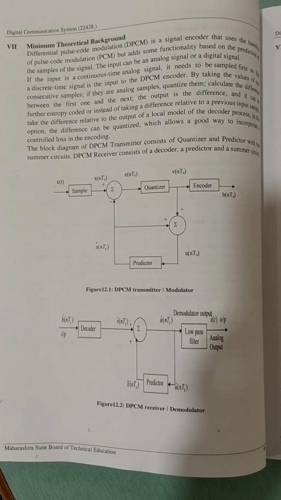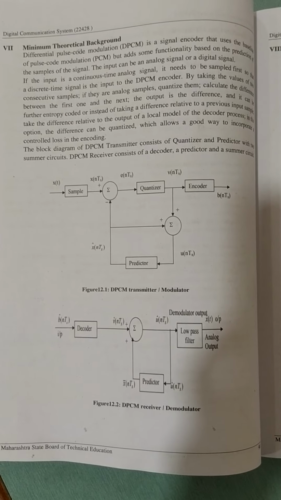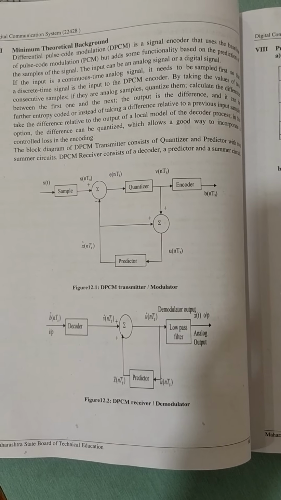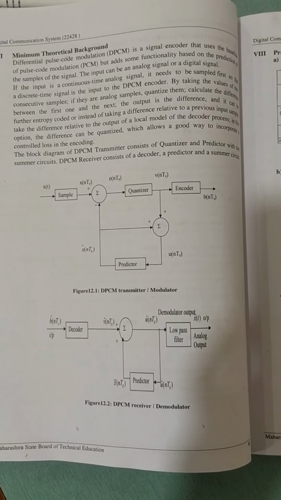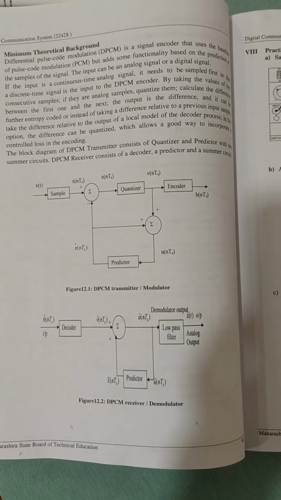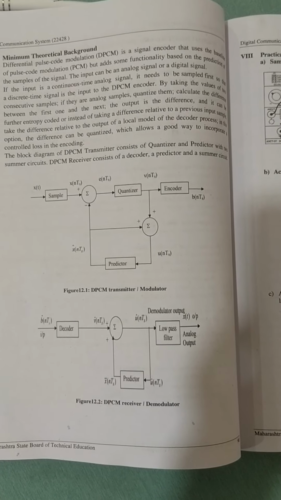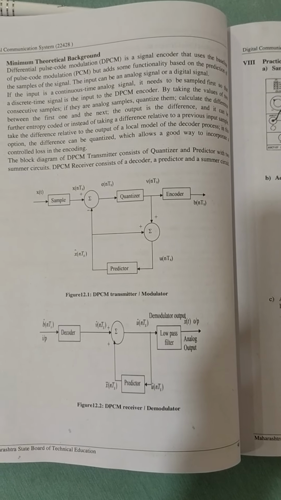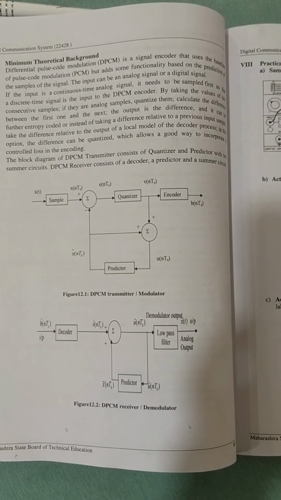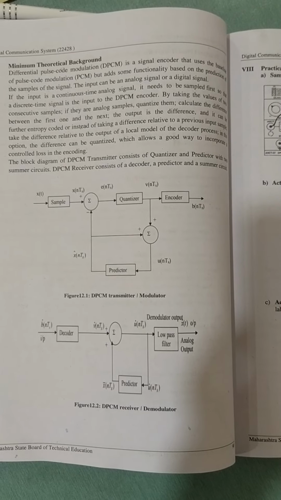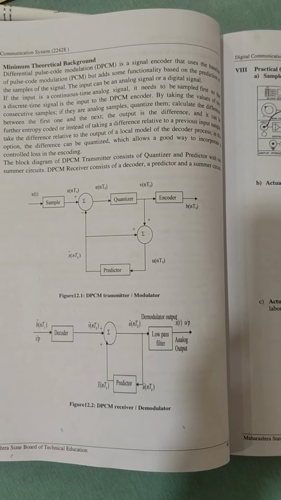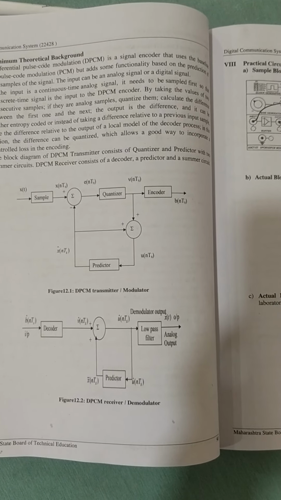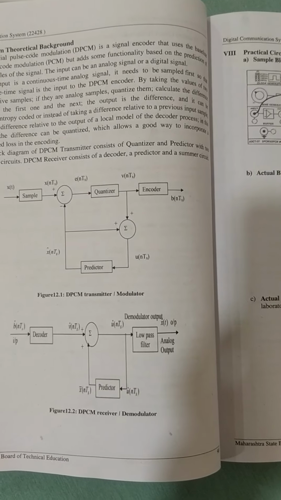By taking values of two discrete time signals as the input to the DPCM, we can add a previous sampled output to one input of a difference amplifier, and the second input is the present information signal. By taking the values of two consecutive samples, if they are analog samples, quantize them, calculate the difference between first and next, and the output is the difference, then it can be further entropy encoded, or instead of